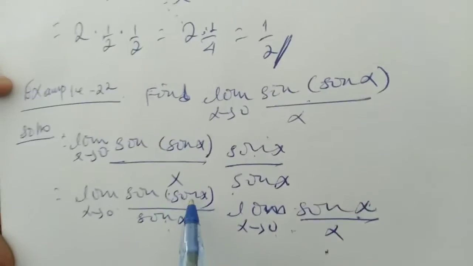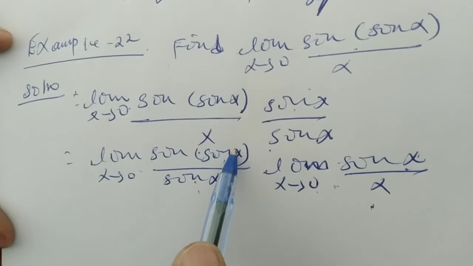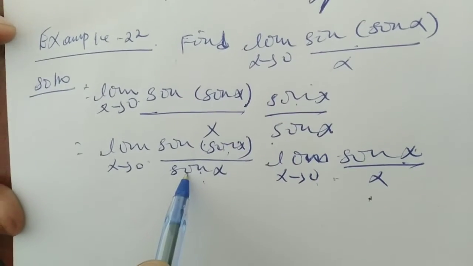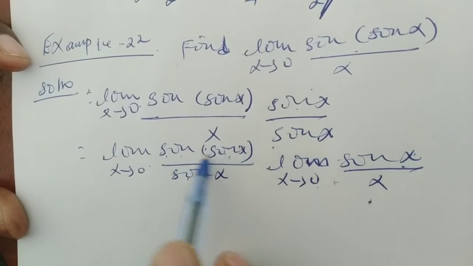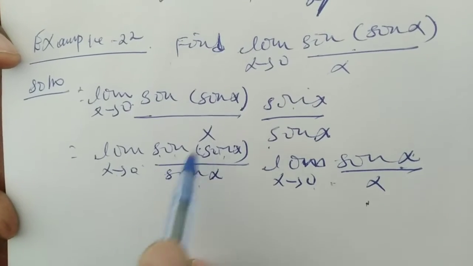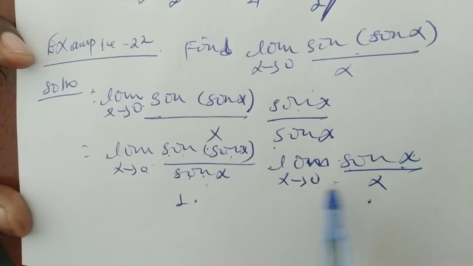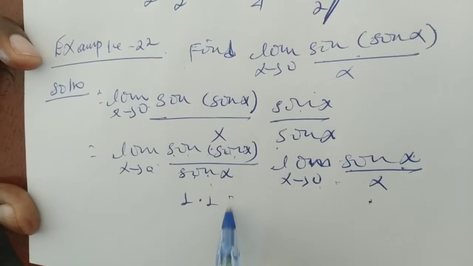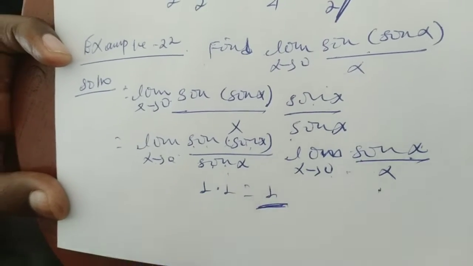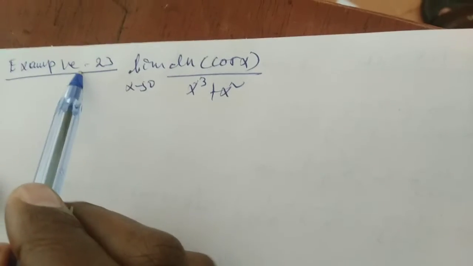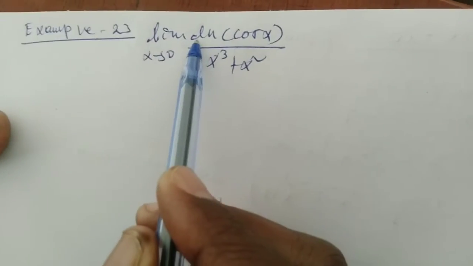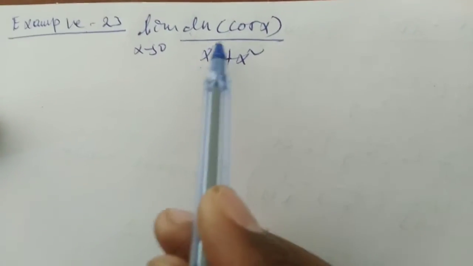ስለዚህ ያው ኤክስ መሆኑ ስለሚያስፈልግ sin of x አለ እዚህ ጋር sin of x አለ ማለት ነው። ስለዚህ limit of sin of x over sin of x as x goes to 0 1 ነው የሚሆነው ይሄኛው times limit of sin of x over x when x goes to 0 ይሄኛው 1 ስለሚሆን 1 times 1 is equals to 1 ነው ማለት ነው። ኦኬ Example 23: find the limit of ln of cos of x over x cube plus x square